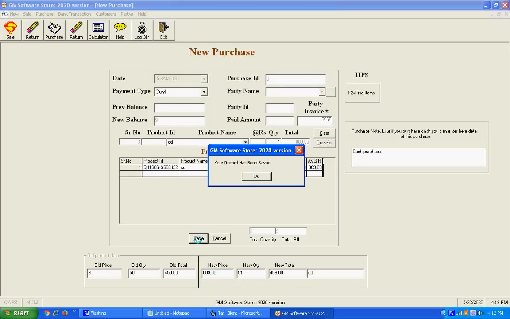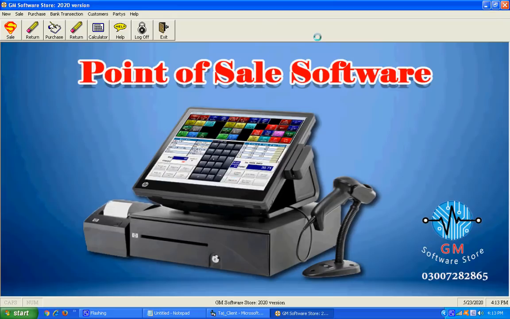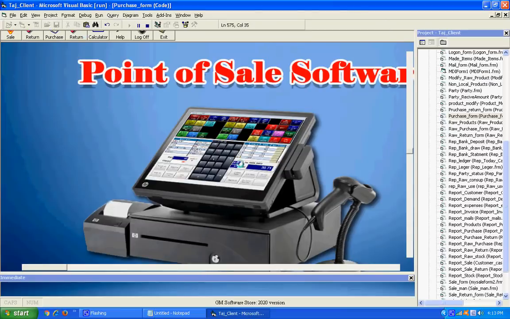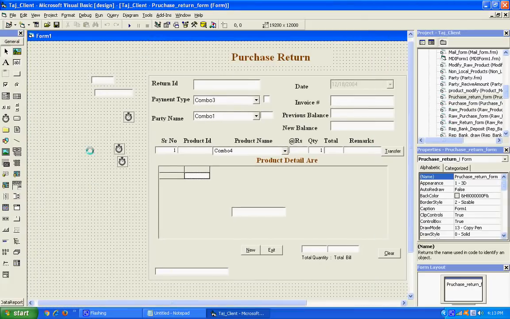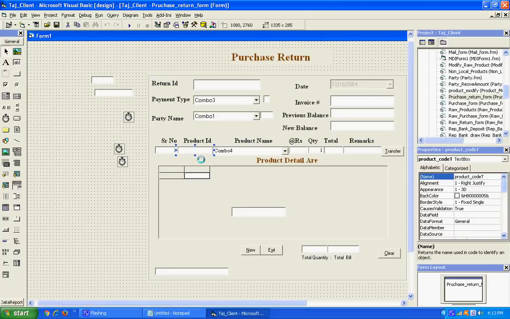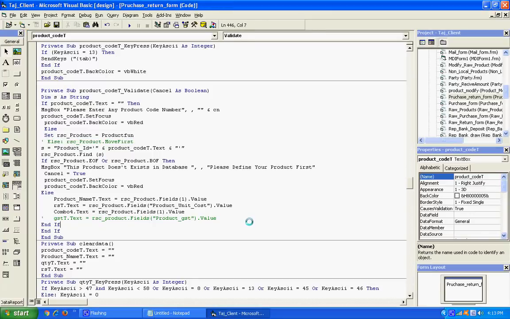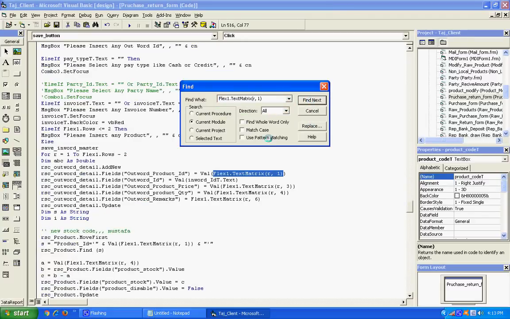Yes. Now I am going to the purchase return form, and we set all the same in the purchase return form. First of all, I save all our previous data. Let me check this. Key down, key press. That's okay. And we are going to find this, where we are going to remove the val function, because this is a text field,